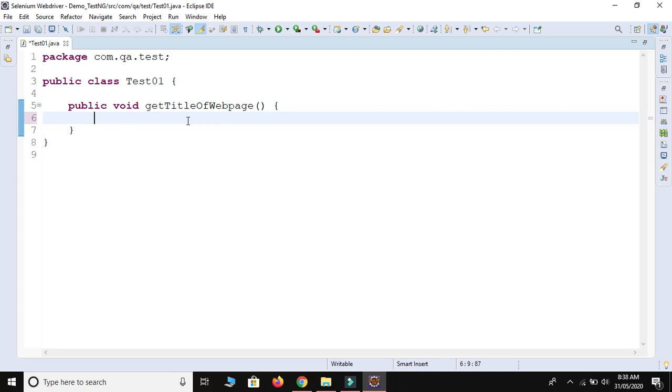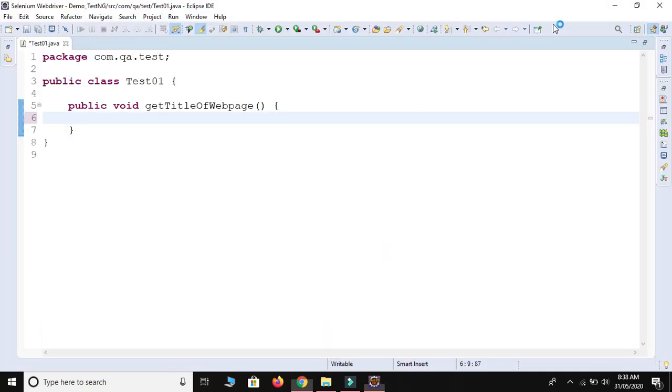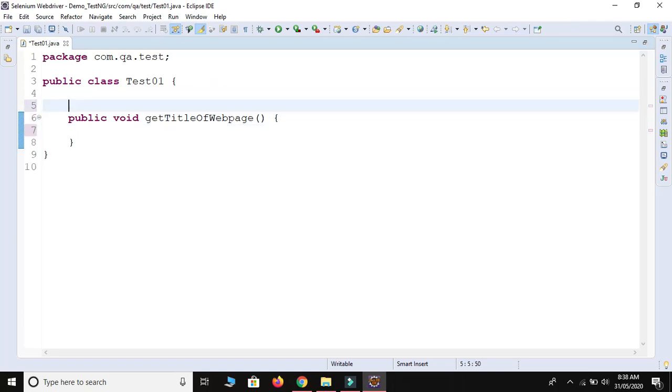But before getting the title of the web page we need to perform some preconditions. Just like we need to open the Chrome browser, we need to open this URL, and after opening this URL we get this title. So open the browser, launch the URL. This is known as preconditions. So I will create one method to perform preconditions, public void precondition.